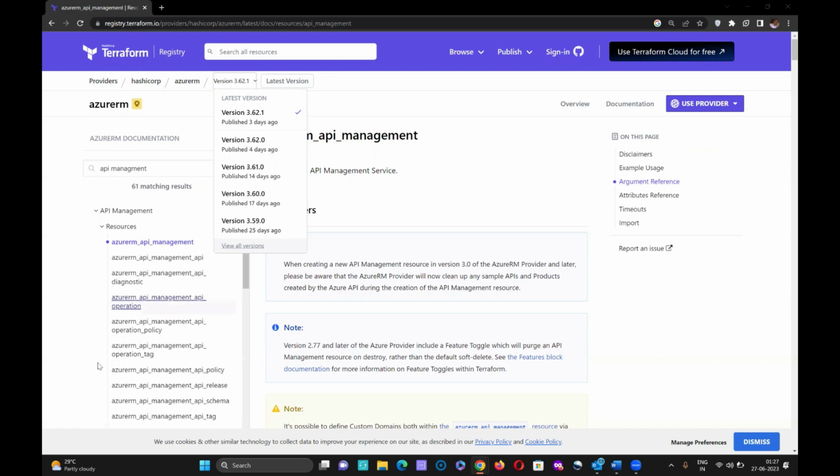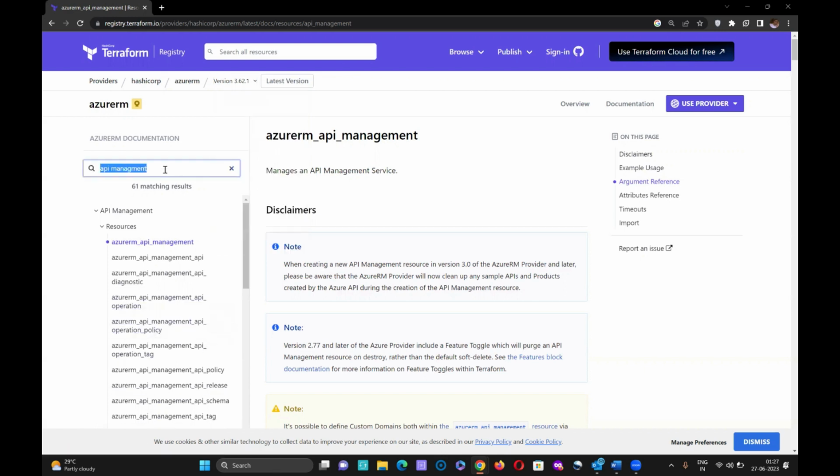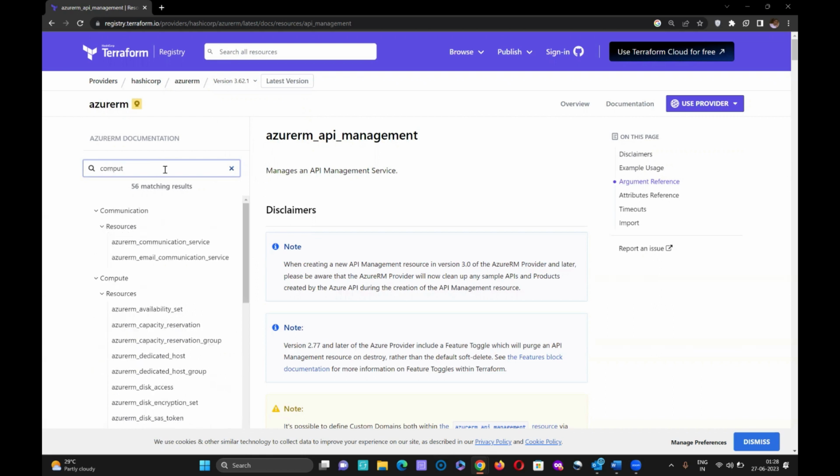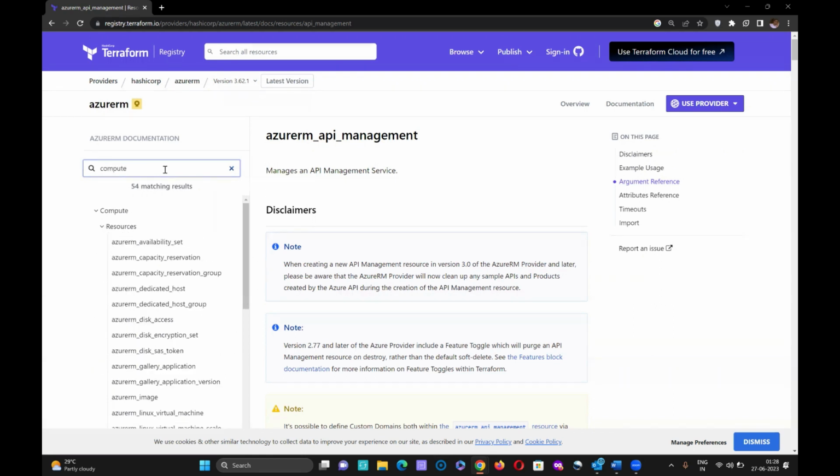Where's my mouse again? Cursor. Yes. So if I just search compute, right? So we have 54 matching results, and if I go down,